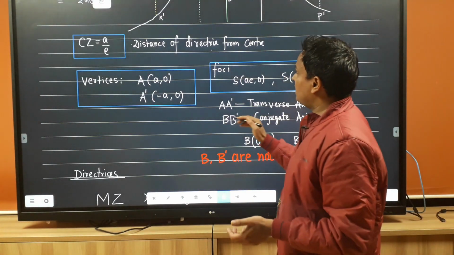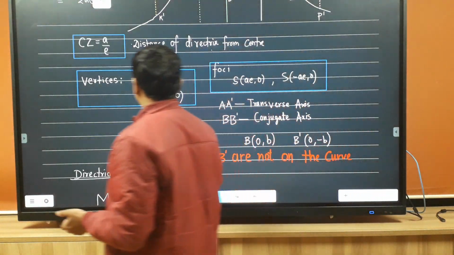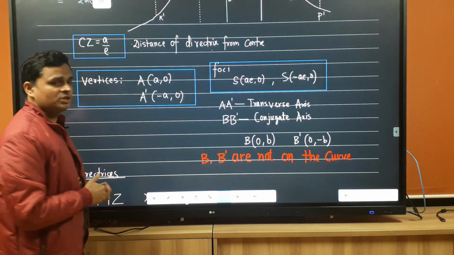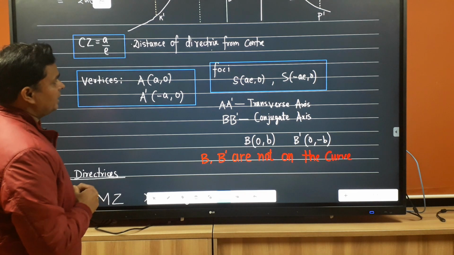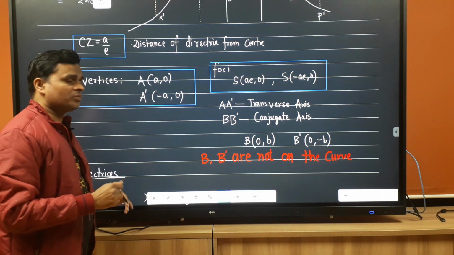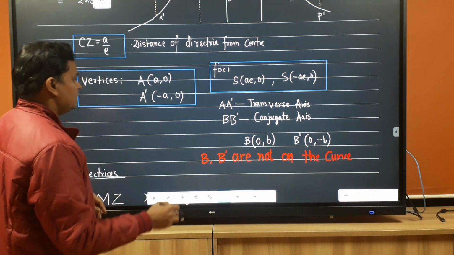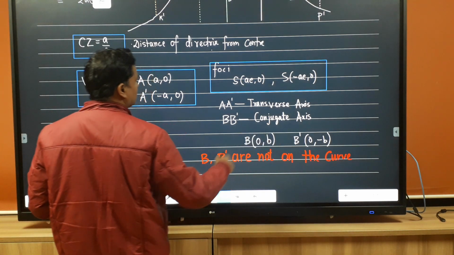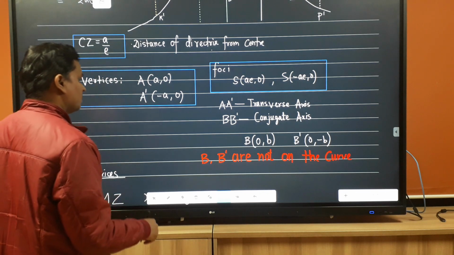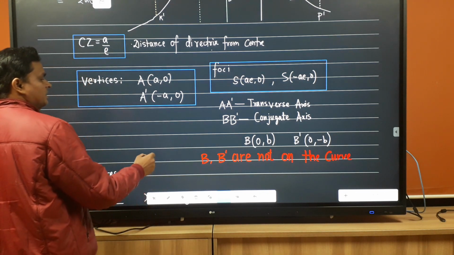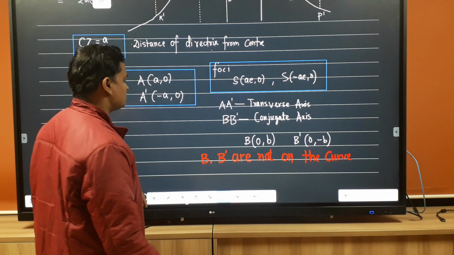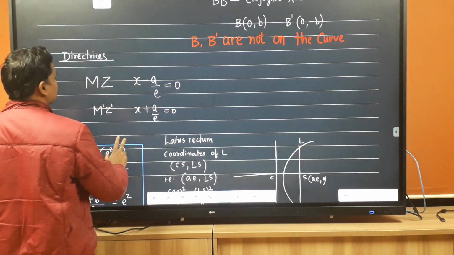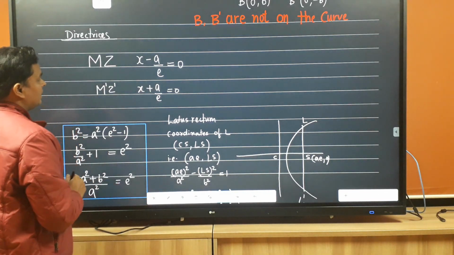तो ये पॉइंट्स आपको सारे याद होने चाहिए, ठीक है, याद हो जाएगा, रटना नहीं है, एक बार आप डायग्राम बना लेंगे सब कुछ क्लियर हो जाएगा। वर्टिसेस मैंने एक्सप्लेन कर दिया, फोकाई के कोऑर्डिनेट्स देख लीजिए, (a, 0) और (-a, 0)। AA' को बोलते हैं ट्रांसवर्स एक्सिस और BB' को बोलते हैं कंजुगेट एक्सिस। BB' आर नॉट ऑन द कर्व। पॉइंट B का हम लेते हैं (0, b) और B' का लेते हैं (0, -b), और मैंने फिर से रिमाइंडर के लिए ये बात लिख दी है कि BB' डज़ नॉट लाई ऑन द कर्व।